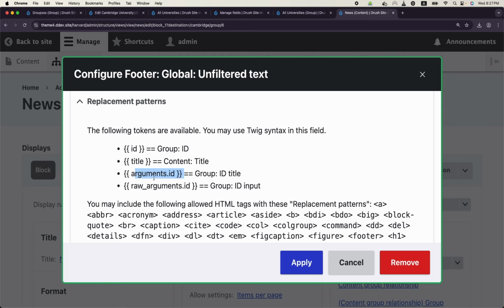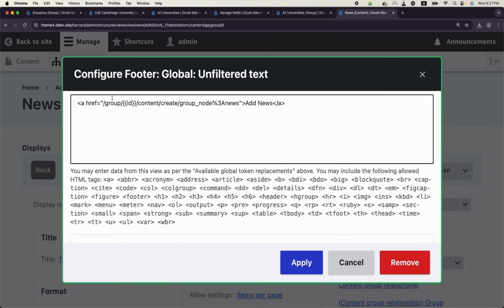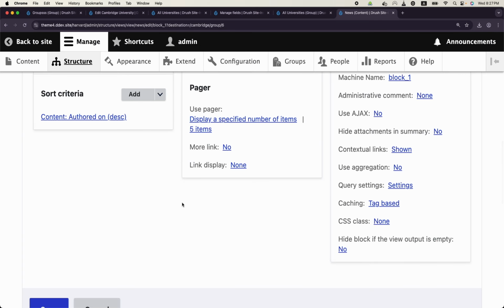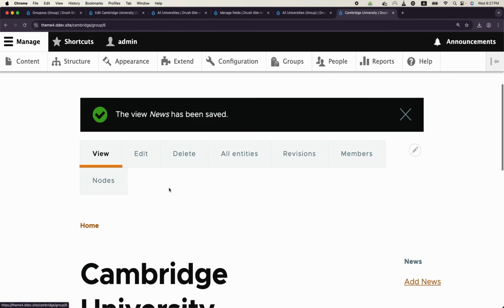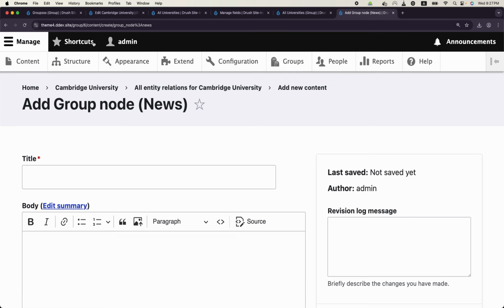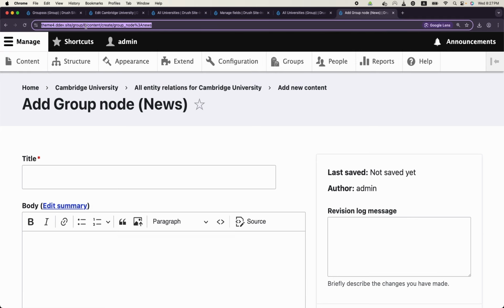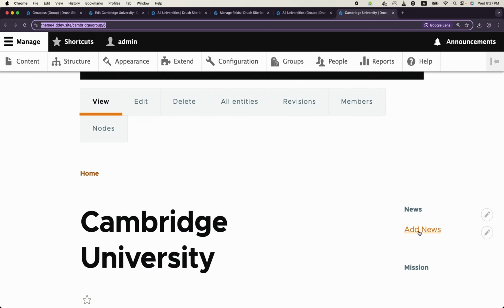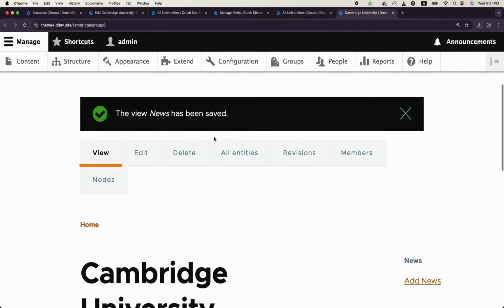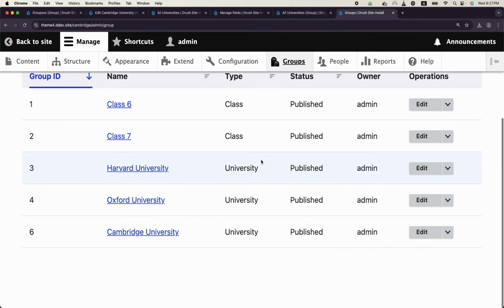We can use this argument or this also. Let us try this. Now the link is there, ID is there, this one 6. So either way it should have worked. That ID should have also worked. I'm not sure why it is not working today, but this one is also working. So if we go now to any other group, maybe Oxford University,